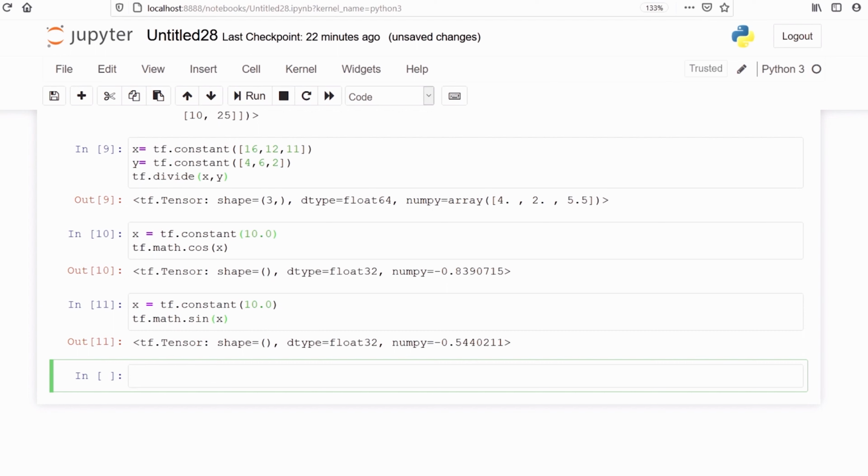Now there is a method cumsum. This method computes the cumulative sum of tensor x along its axis. I'll show you how it works. We'll make one tensor. On this tensor, we will call the method cumsum.